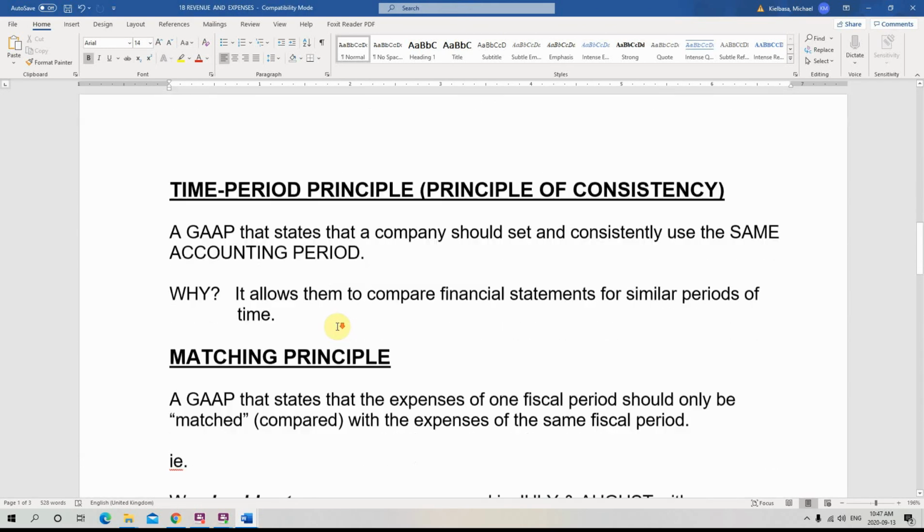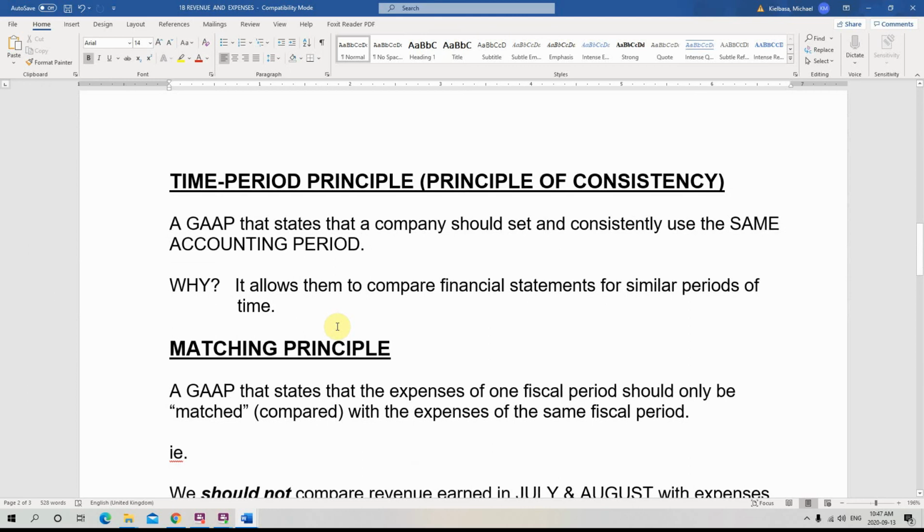All right. Now, a couple of rules related to revenue and expenses. The first one is the time period principle, or the principle of consistency. It's basically a rule that states that a company should set and consistently use the same accounting period. So you don't want to have an accounting period of 1 month and then 3 months and then 5 months. You want 1 month all the time, or 3 months all the time, so that you can compare different periods,